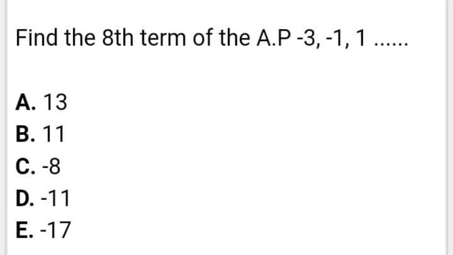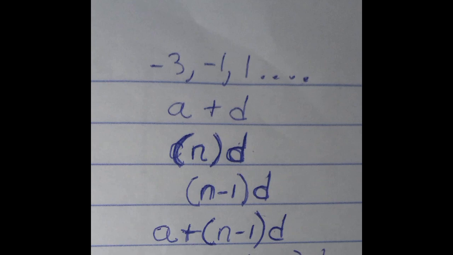You can pause the video to read the questions. Find the 8th term of this arithmetic progression. So arithmetic progression is majorly the first term plus the common difference. You find the difference between two consecutive terms, that is second minus the first or the third minus the second. So you just keep adding it, but mathematicians discovered that